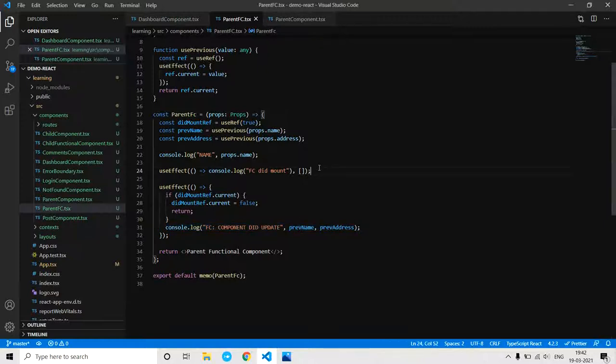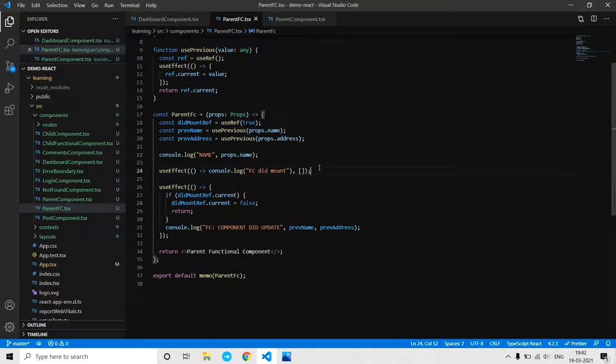So useEffect is something that gets called for the initial mount as well as updates. To achieve componentDidUpdate, we used to write this kind of thing in our projects, and this is how one should achieve the componentDidUpdate logic here.